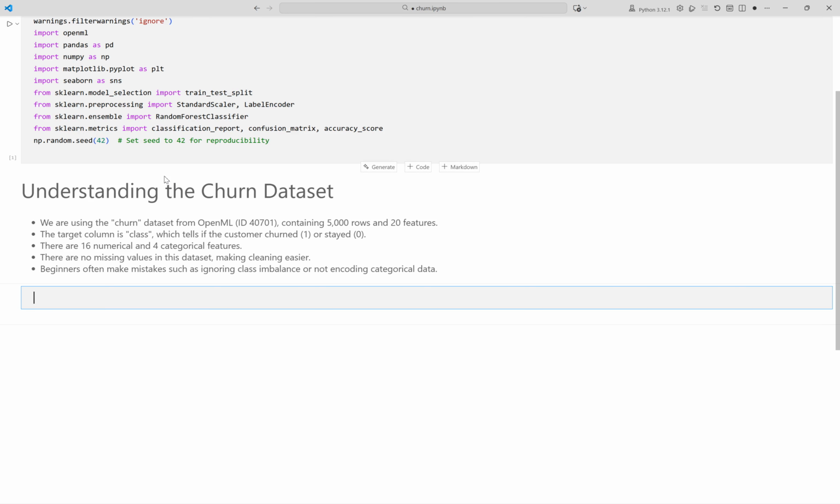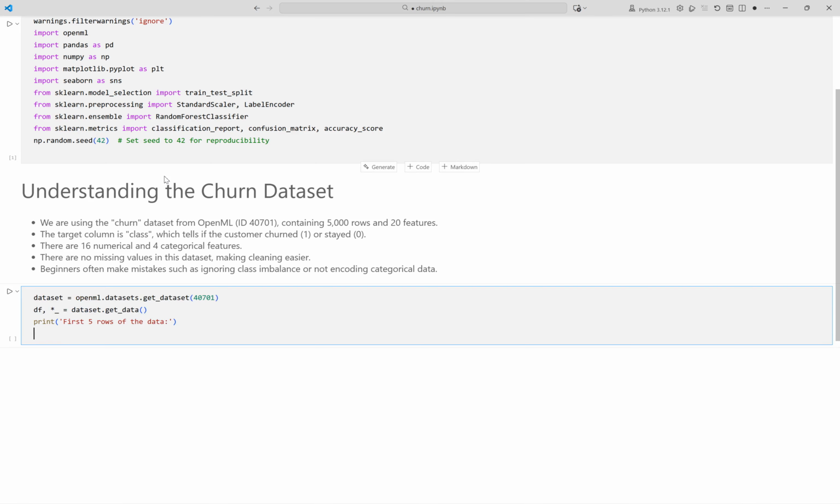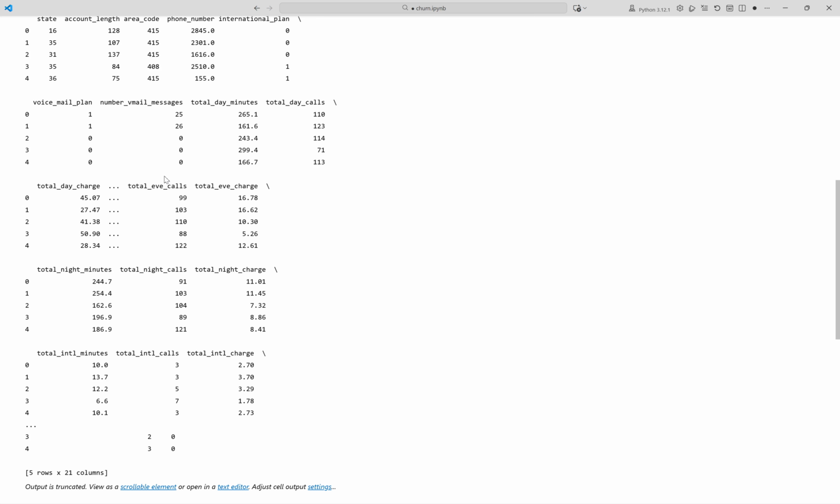We will load the churn dataset from OpenML and print a sample so you can see what it looks like. Use OpenML to fetch the dataset by its given ID. Get the pandas data frame and ignore extra outputs. Show the first 5 rows to understand the columns and values. Print those rows so you can inspect the data. Running the cell now. This output shows the first 5 rows of the churn dataset, giving a glimpse of the